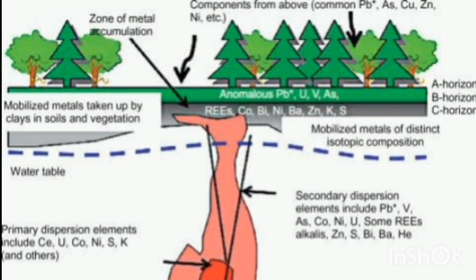We have nickel and PGE in layered intrusions, titanium in anorthosites, iron oxide copper gold and silver, lead, zinc, sedimentary copper deposits, and diamond in kimberlite. Classification is based on ore forming process.